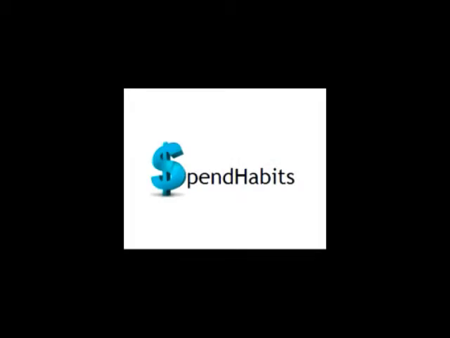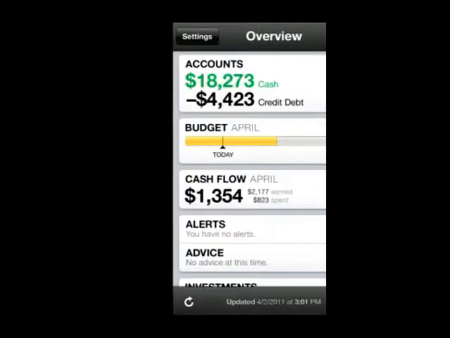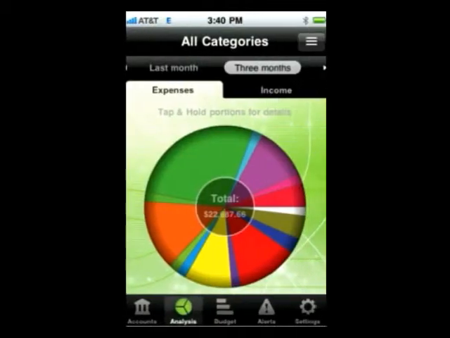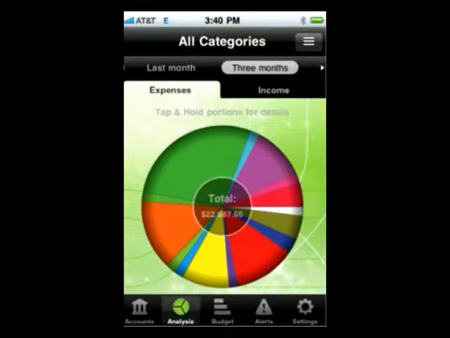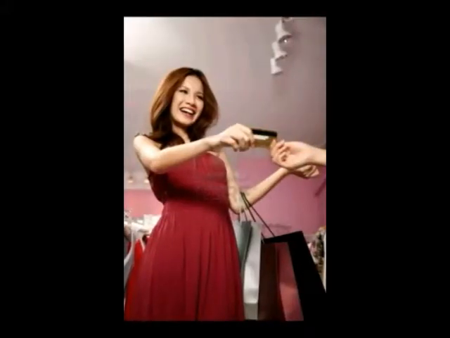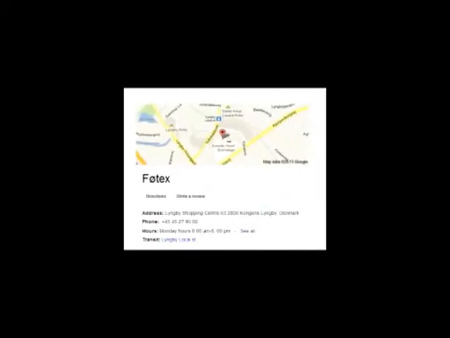Welcome to Spend Habits, a personal informatics app that helps you track your spending behavior. Spend Habits is not another budget application where you can check your account balance or plan out your monthly expenditure, but you should rather consider it as a way to know more about yourself. In Spend Habits, we emphasize the context of your everyday transactions regarding the exact place and the exact time.